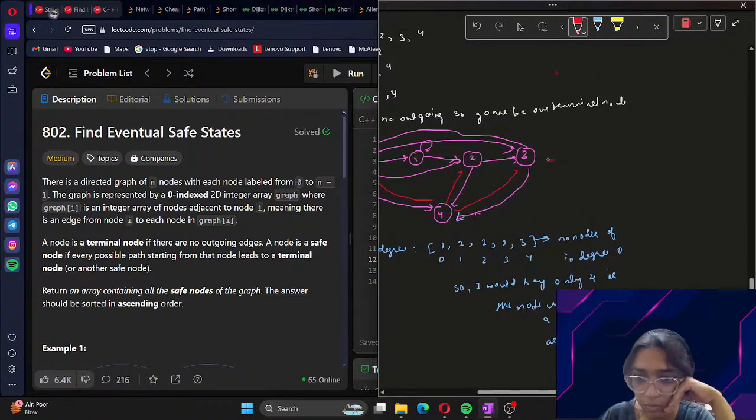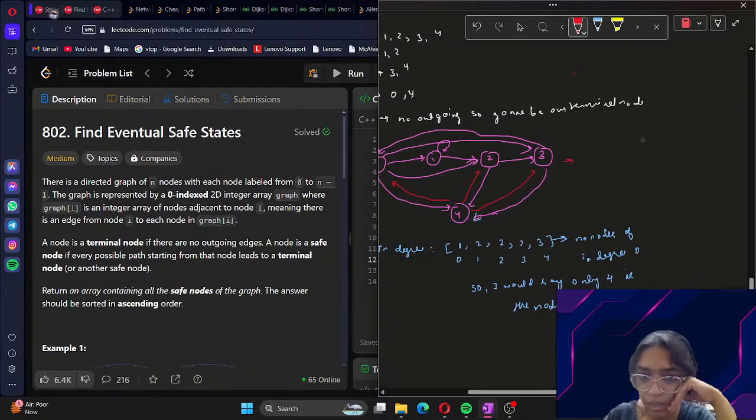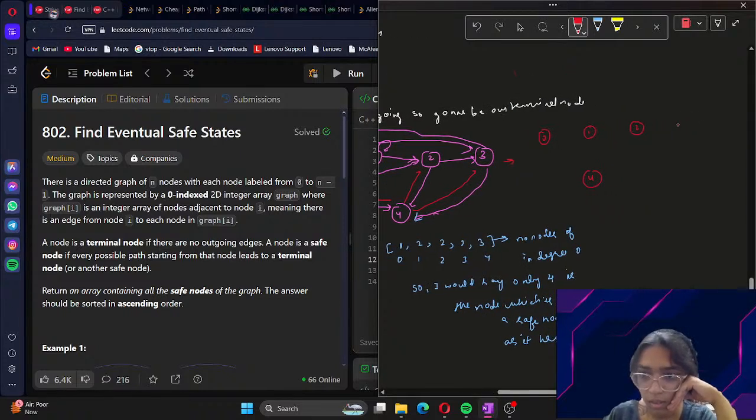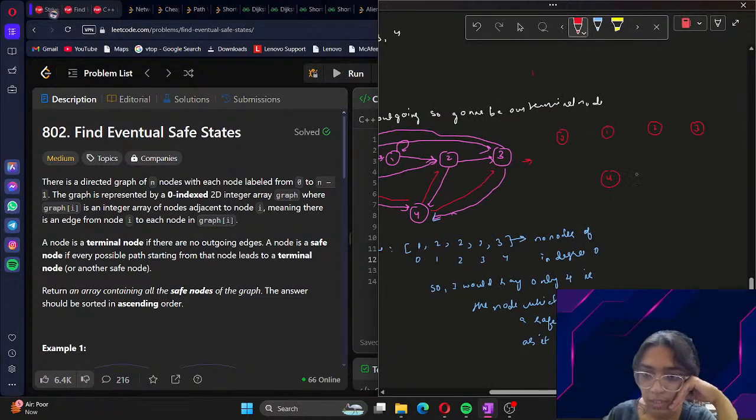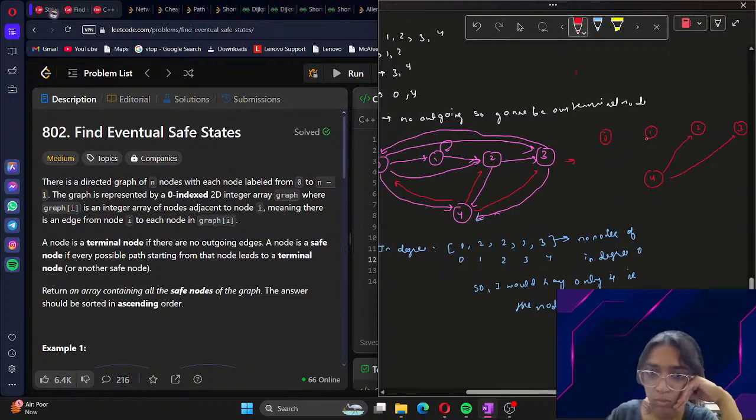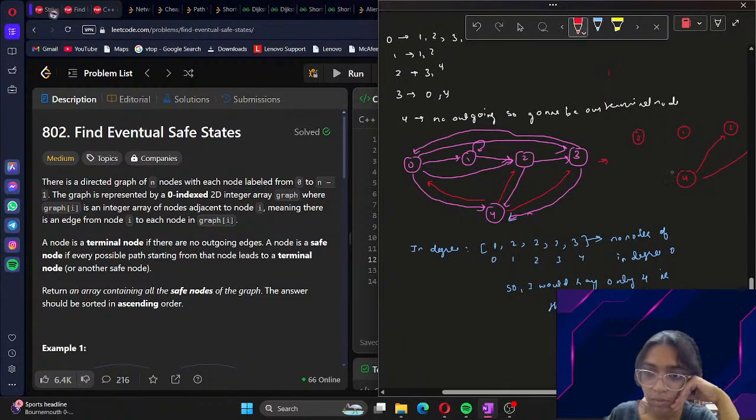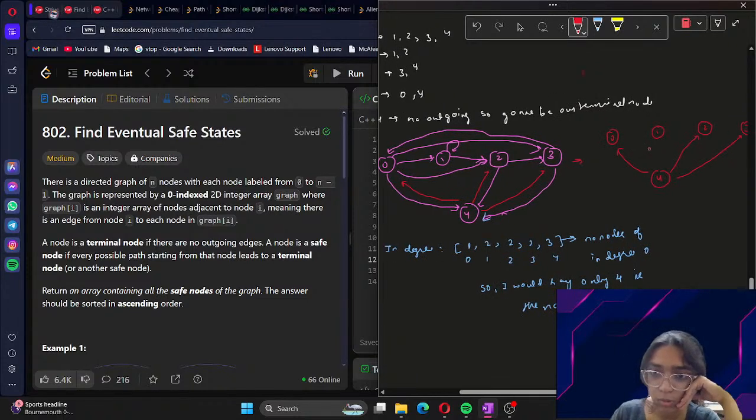What I mean is, for suppose if we have this graph, then let us consider it as 0, 1, 2 and 3. Why don't we reverse the direction so that instead of an edge from 3 to 4, it's gonna be edge from 4 to 3, 4 to 2, 4 to 0,